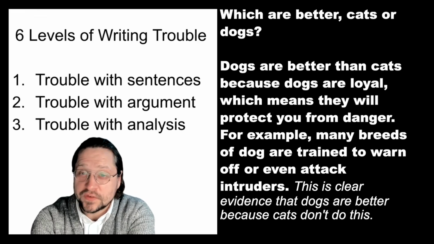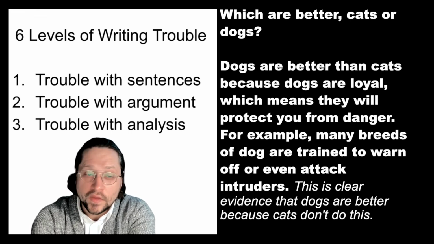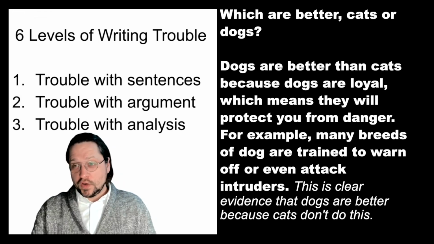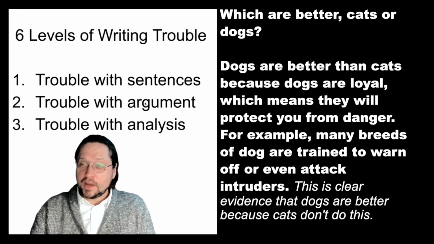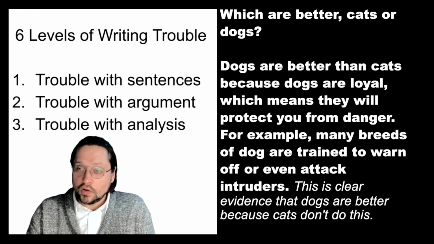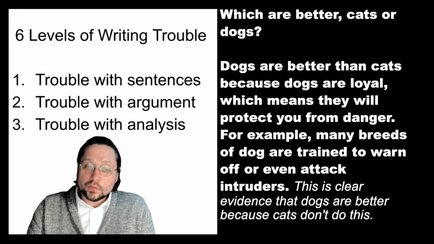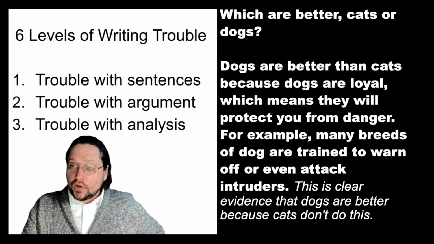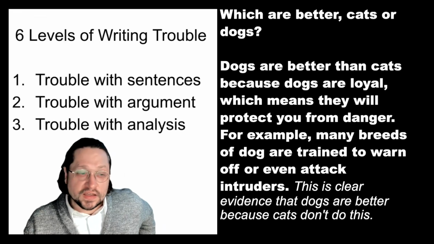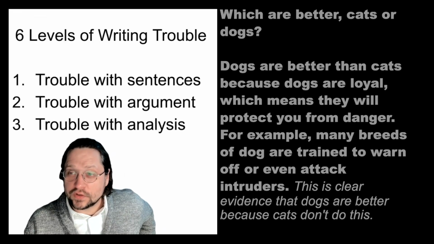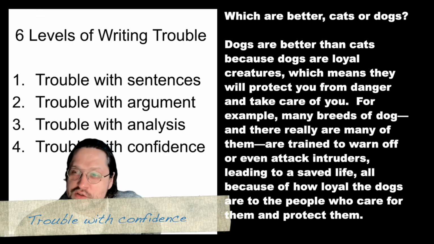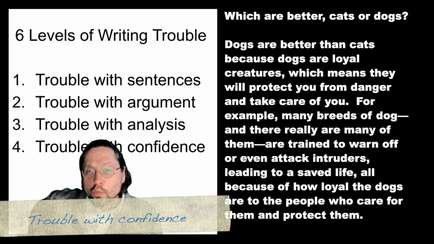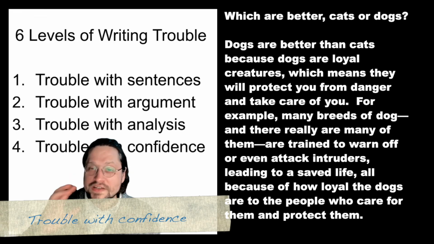This is an oversimplification, but this is where a lot of people also struggle. So even if you know how to make a topic sentence with the argument, how do you connect the evidence to the topic sentence? This is where a lot of people also stall out. Now, this is where there's another level. Once we've solved and understood how to consciously and effectively do analysis, that's where my most advanced students usually start, which is an unconfident presentation of their ideas.